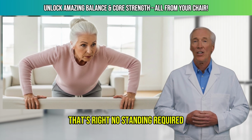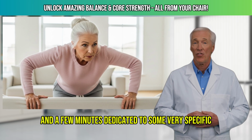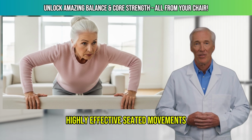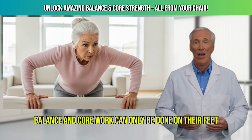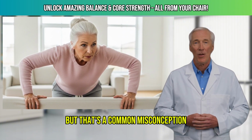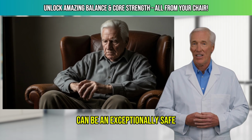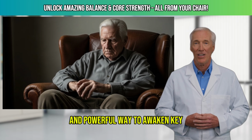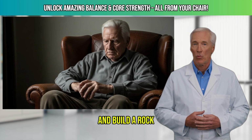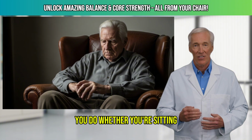No standing required, no complicated equipment, just you, a sturdy chair, and a few minutes dedicated to some very specific, highly effective seated movements. Many seniors believe that meaningful balance and core work can only be done on their feet, but that's a common misconception. In fact, performing targeted exercises while seated can be an exceptionally safe and powerful way to awaken key stabilizing muscles, improve your posture, and build a rock-solid foundation that supports you in everything you do, whether you're sitting, standing, or